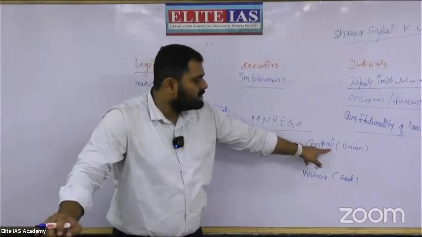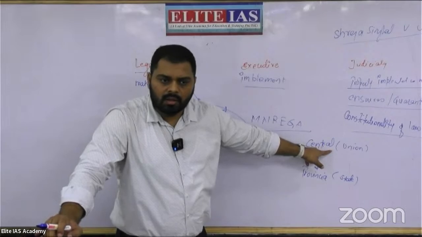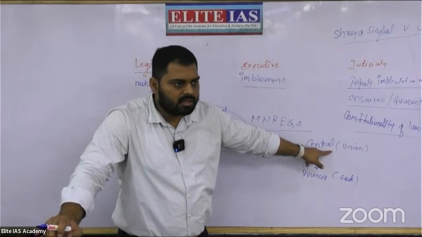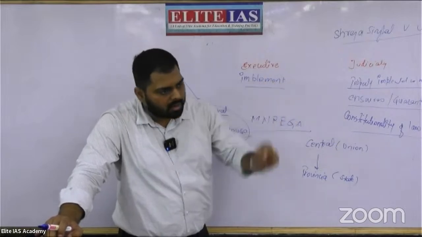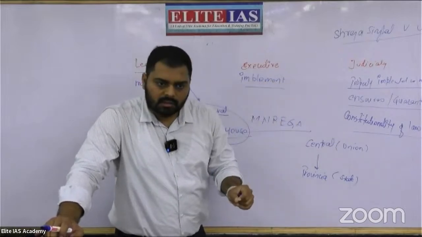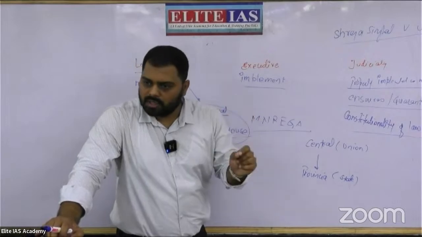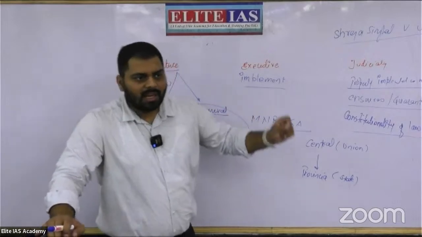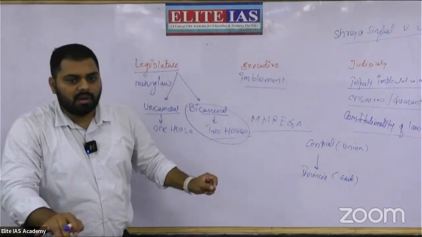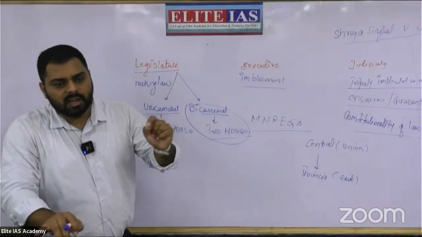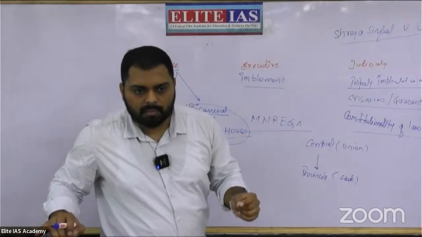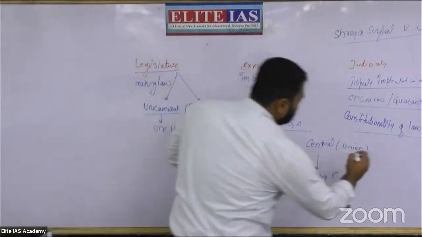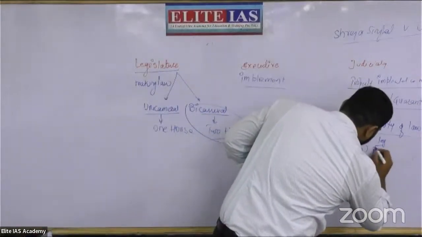So the legislature at the central level is called Parliament. संसद भवन बोलते हैं. संसद भवन, the Parliament of India, is located in our national capital, that is Delhi, और उसके दो हाउसेस हैं, that is bicameralism. The legislature at the states are referred as state legislative assembly, right? उसको क्या बोलते हैं? विधानसभा, ठीक है? So सेंट्रल पे जो लेजिस्लेचर होगा, that is called parliament,